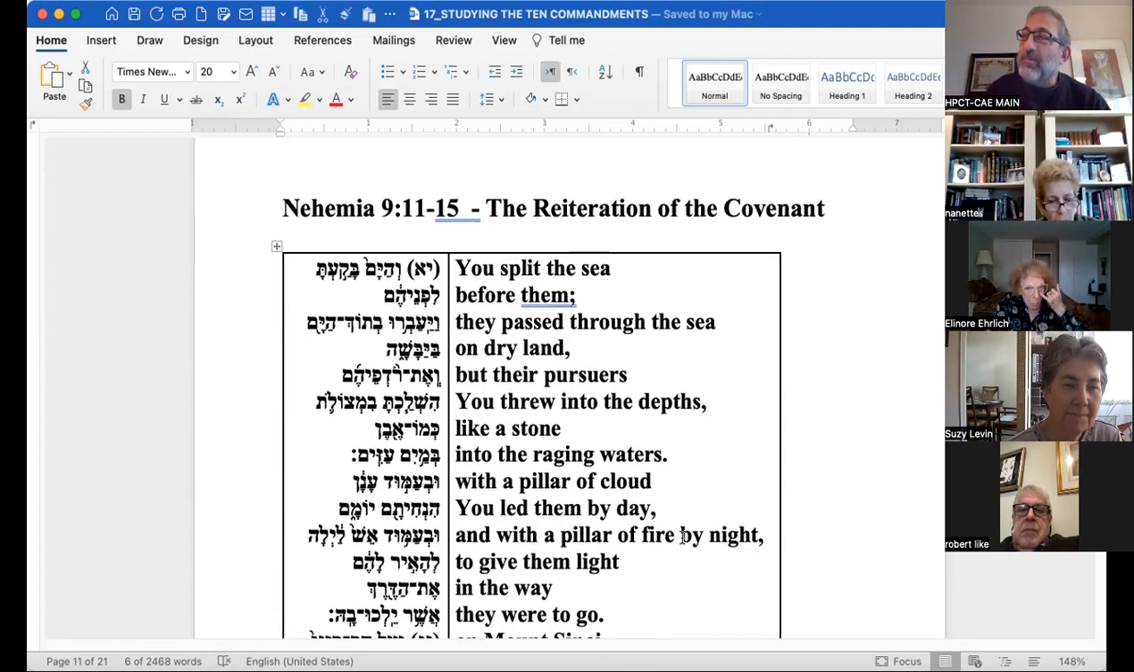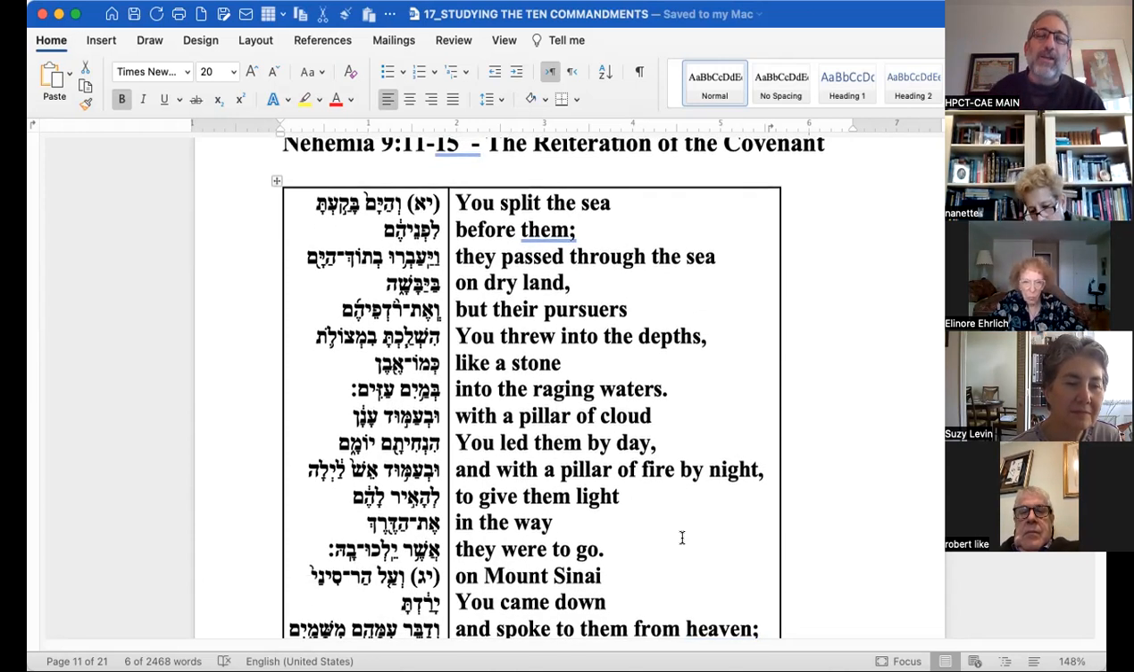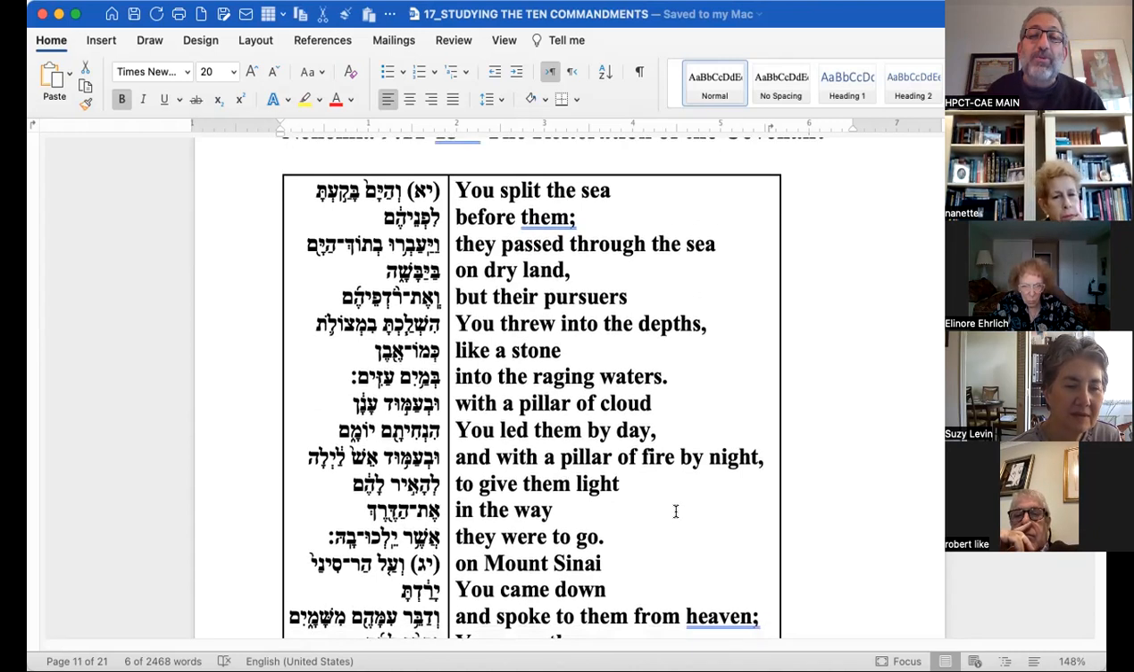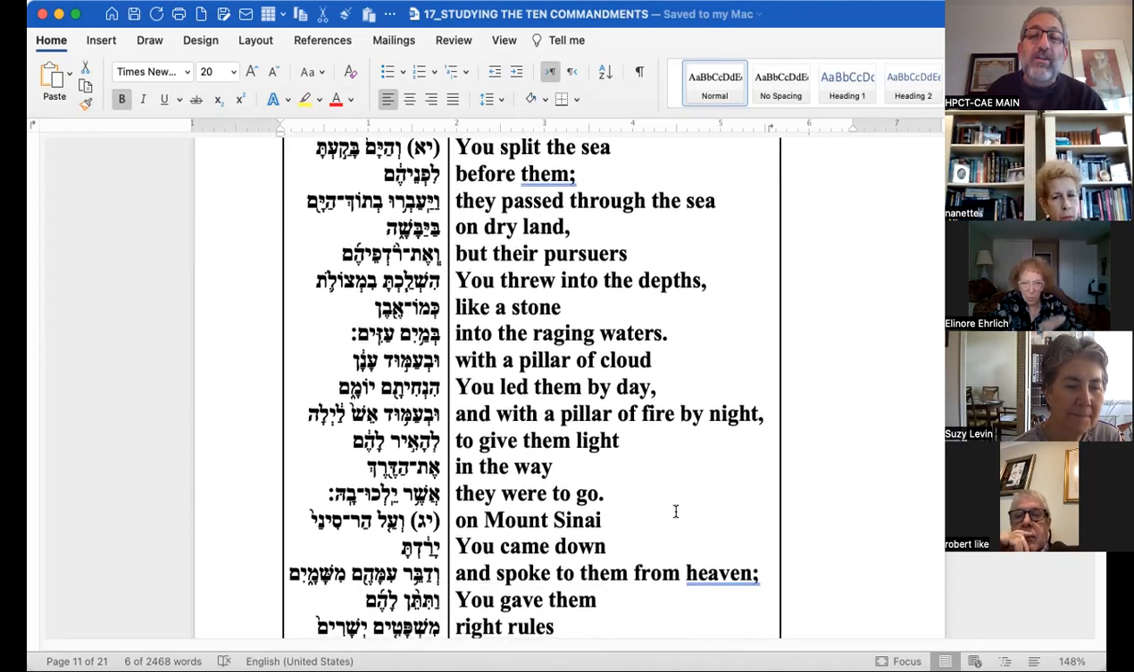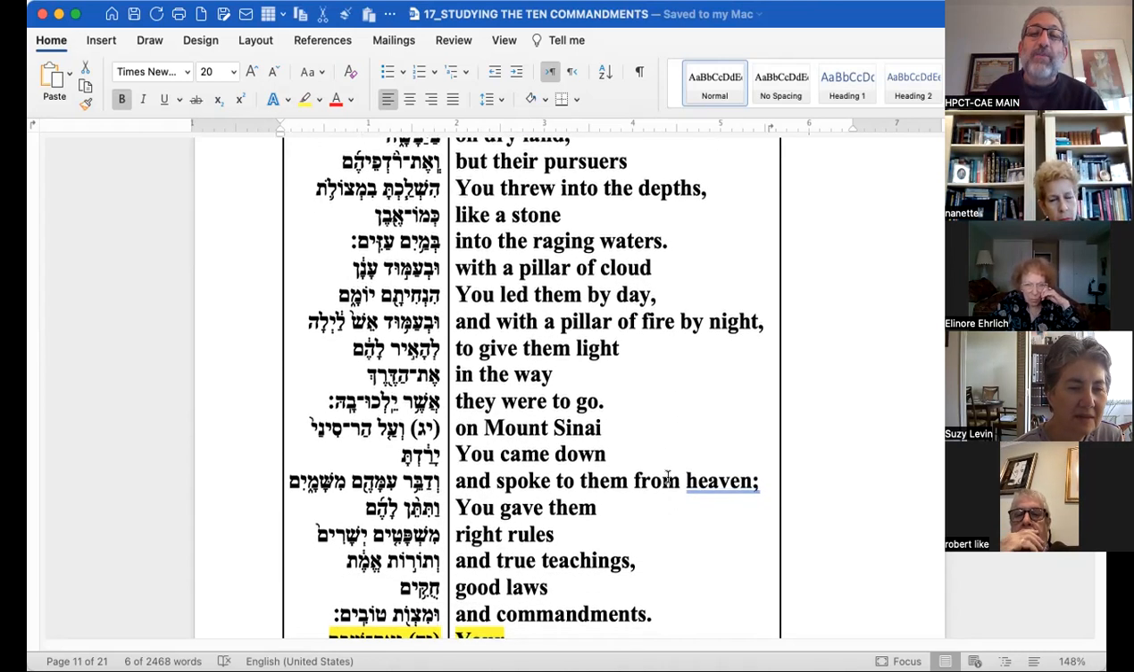which we would never read, but it's a beautiful rendition of the covenant, as the Jews are coming back from exile, and they kind of have this moment where they need to understand who they are. And so in a compressed statement of who they are, it says, in addition to the following, you made a covenant, you chose Abraham. I'll pick it up with verse 11. You split the sea, which was last week's Parasha. They passed through the sea on dry land, but their pursuers you threw into the depths like a stone into the raging waters. With a pillar of cloud you led them by day, and a pillar of fire by night